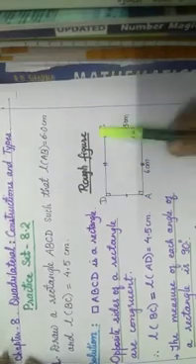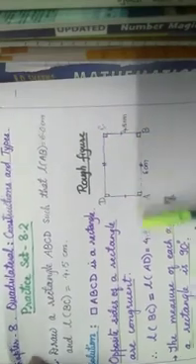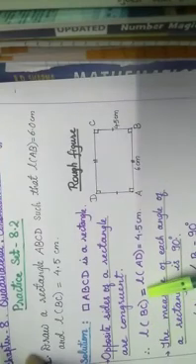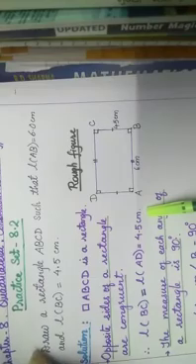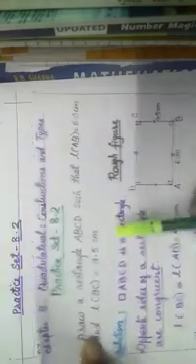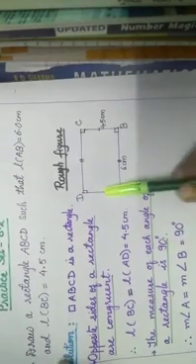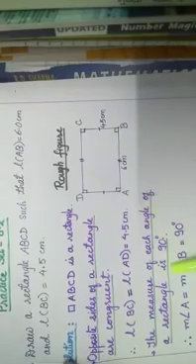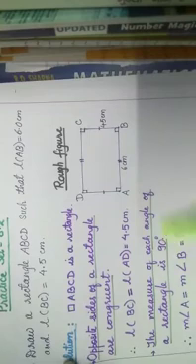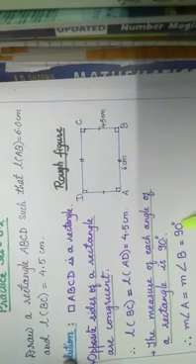And if we know length BC is 4.5, what will be length AD? This will also be same. Therefore length BC is equal to length AD, which is equal to 4.5 cm. Now the angle, measure of each angle of a rectangle is what? 90 degree, because in rectangle all the angles are right angle. So measure of each angle is 90 degree. Therefore measure angle A is equal to measure angle B is equal to 90 degree.